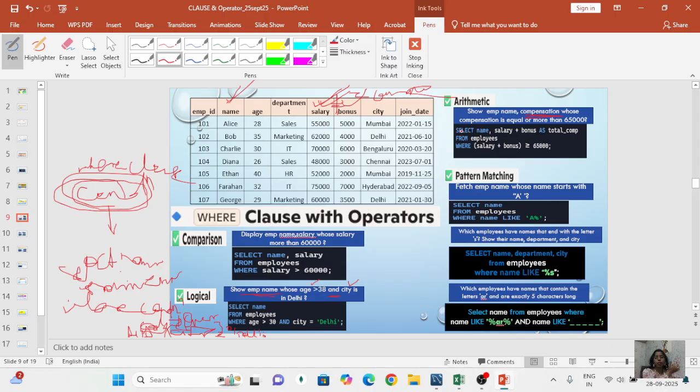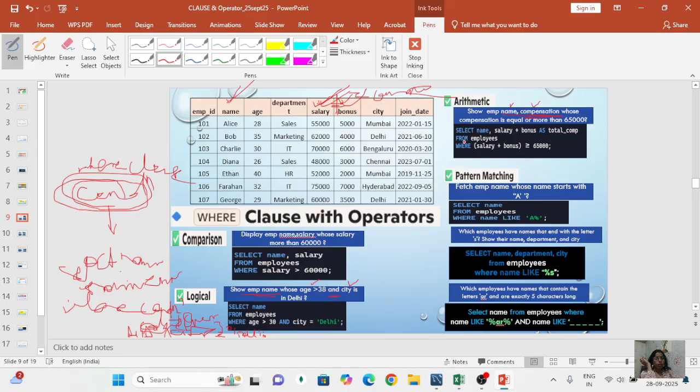Select name as it is, which column they want, a specific column. So we'll have to take the column name. Select name, salary plus bonus, because here there are two columns, salary and bonus. Then we can use an alias for salary plus bonus. Just to look beautiful, we'll make the alias; because it's already saying compensation, we'll mention total comp or compensation as you